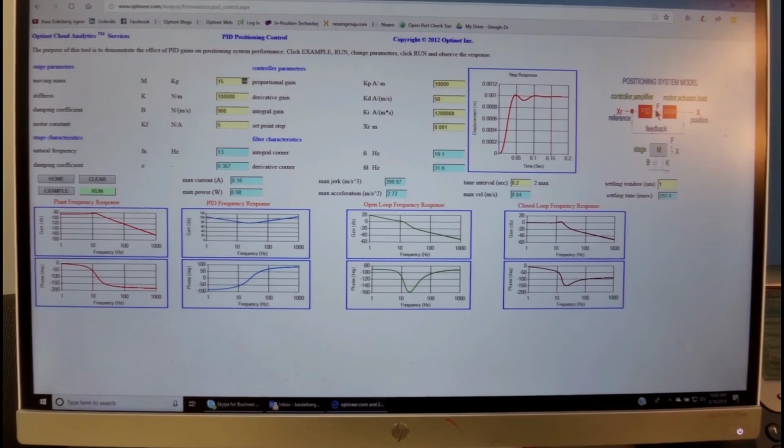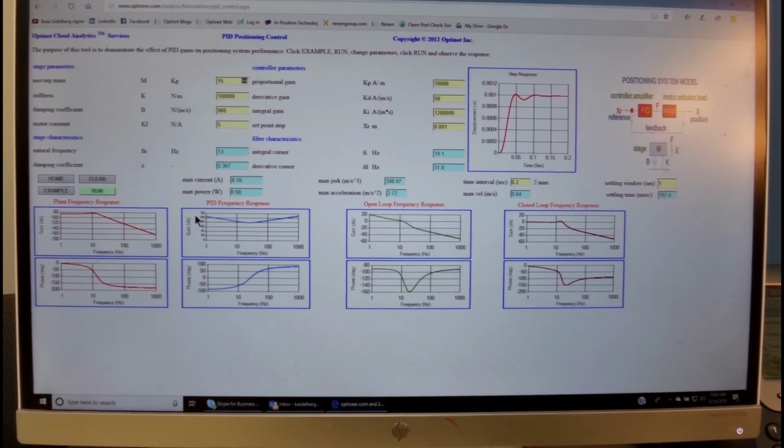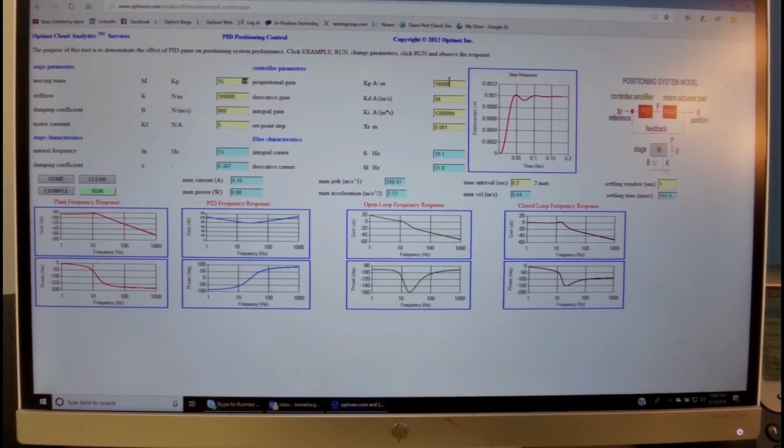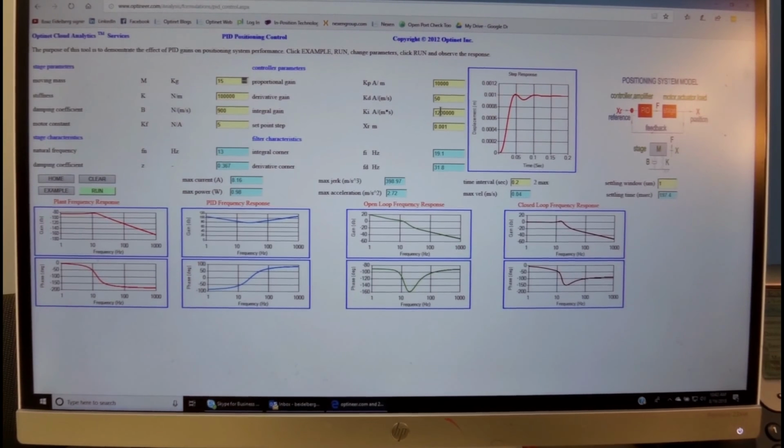So we're telling it to move upwards, but it is in the downward position. When we look at the PID frequency response just for this element over here of the controller, this is a rather unique description because it shows us how each one of these elements, the proportional gain, derivative gain, and integral gain, will affect this trough.